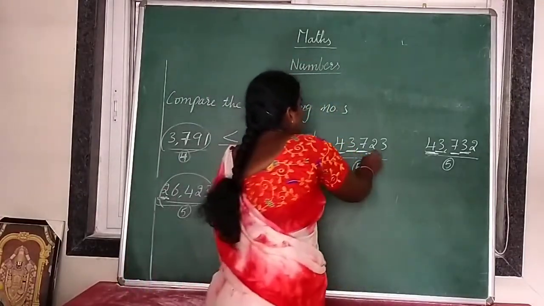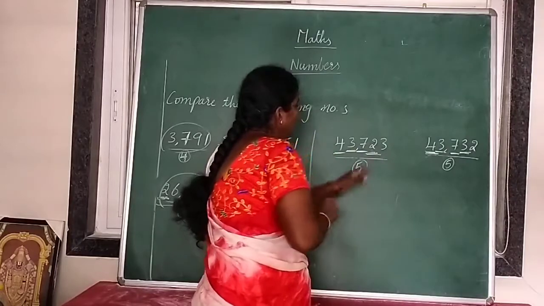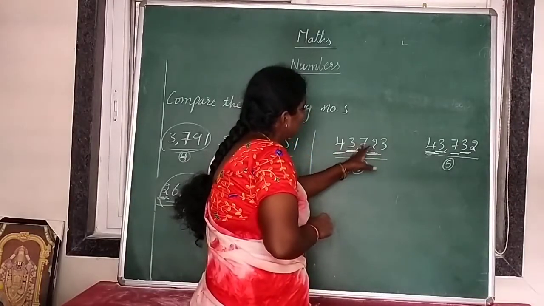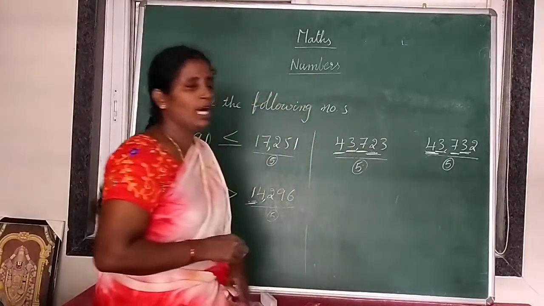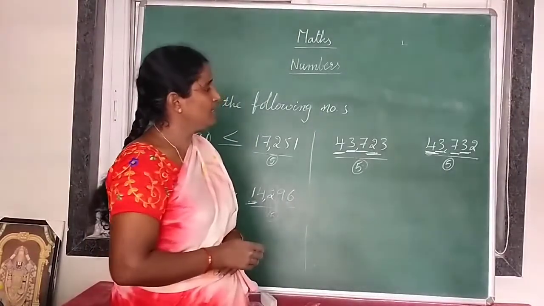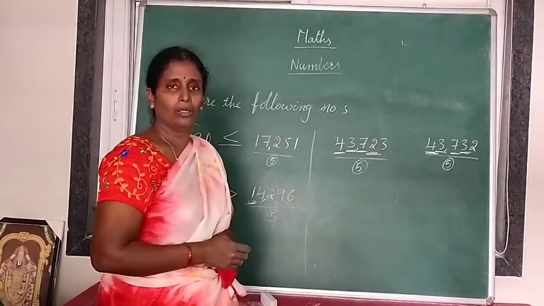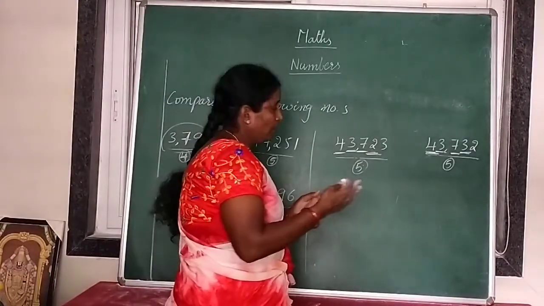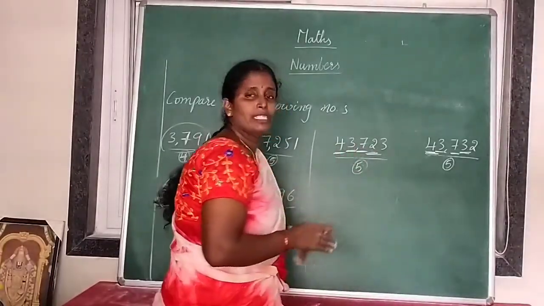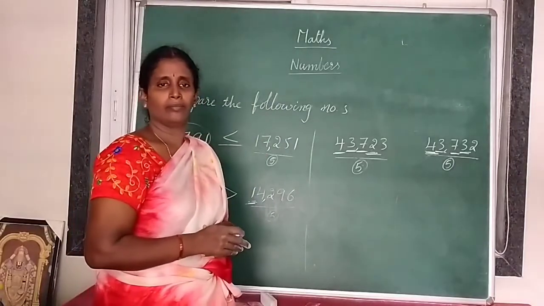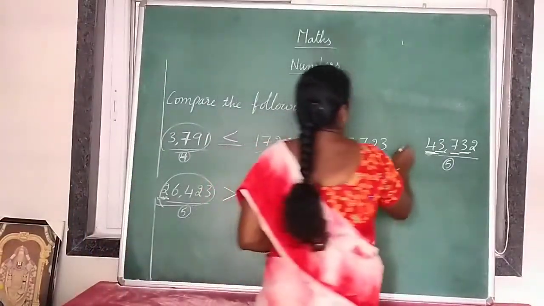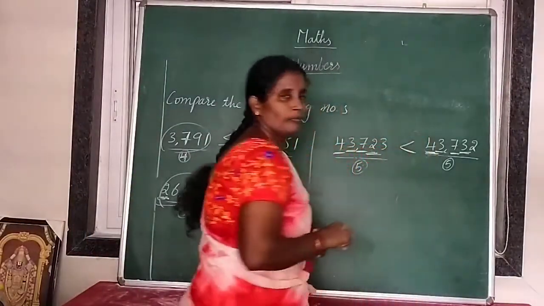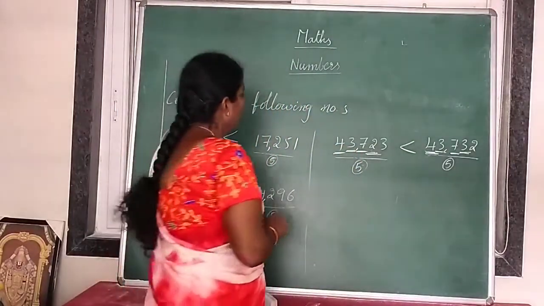That means 43,723 is smaller than 43,732. So if the first number is smaller, which symbol do we have to use? Less than symbol. Very good. That's all. Understood? And next,